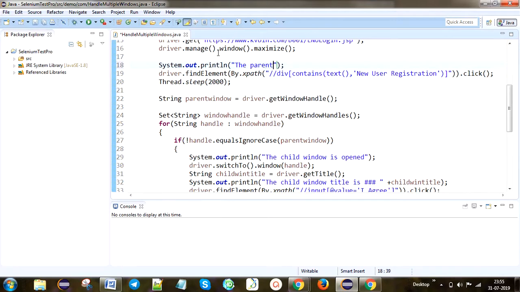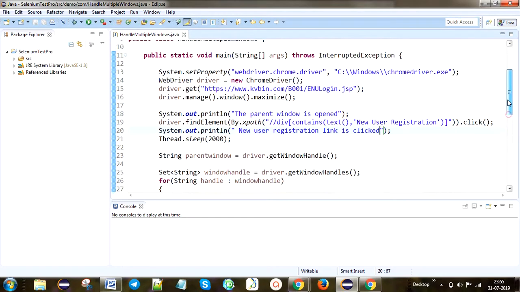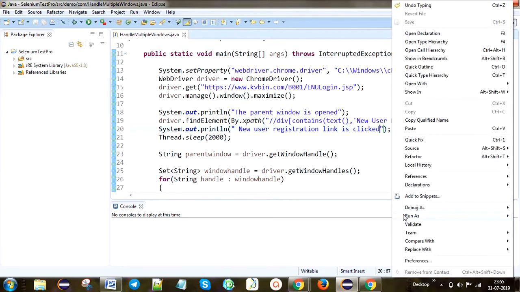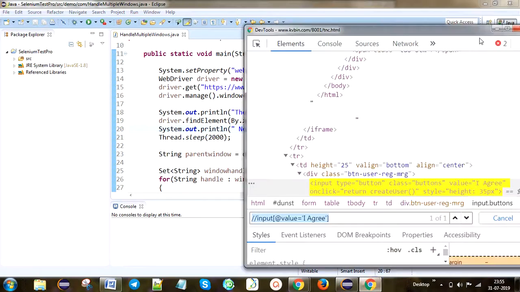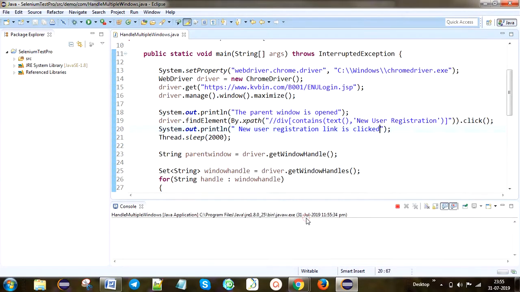The parent window is opened. Okay, I am just going to give the print statements. It is easy to understand what we are doing. Registration link is clicked. Okay, got it? So now we are going to execute this one. Right click on Run As Java Application. Okay,